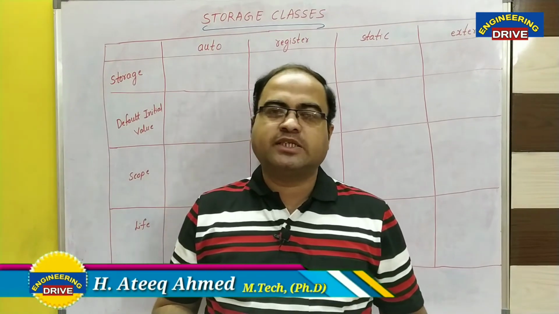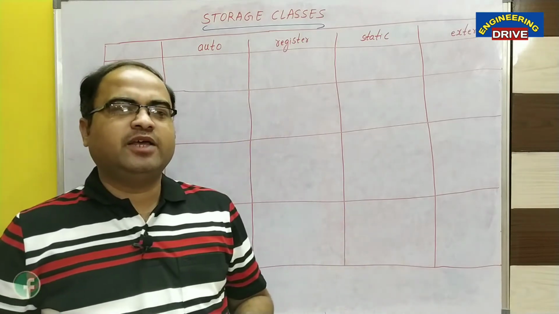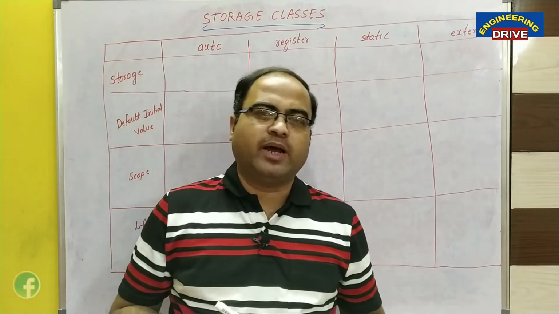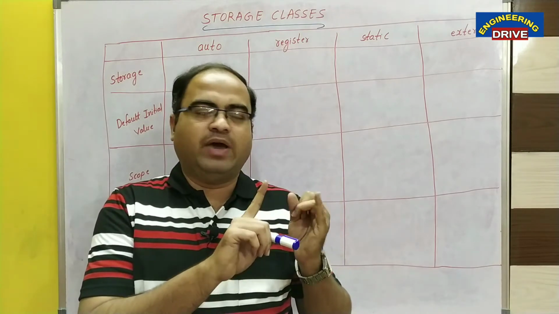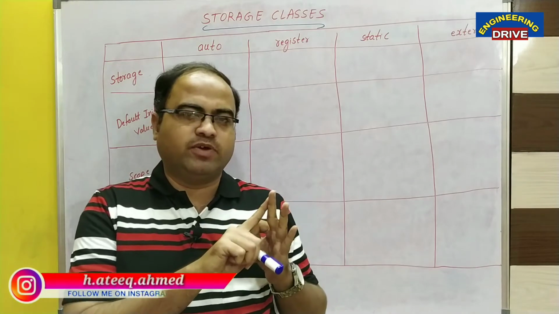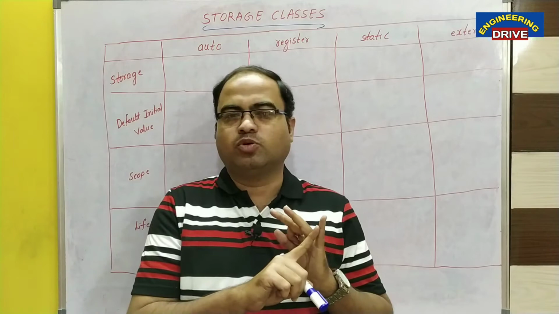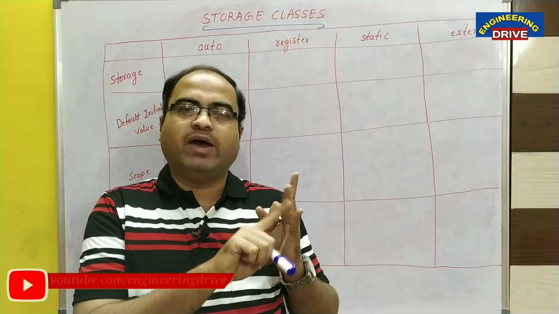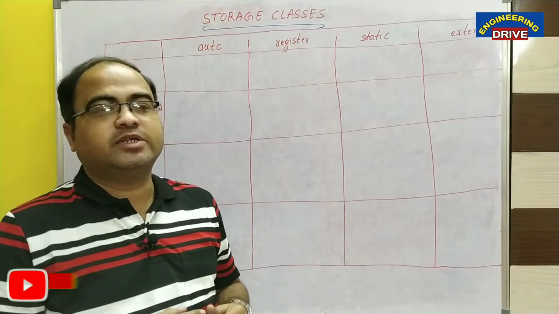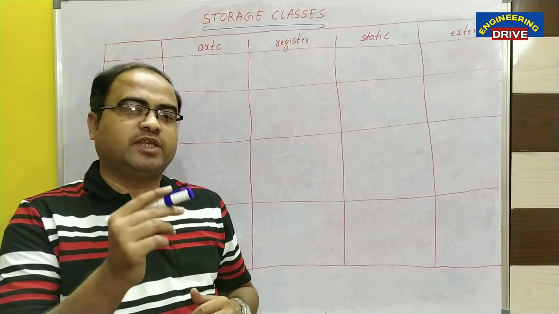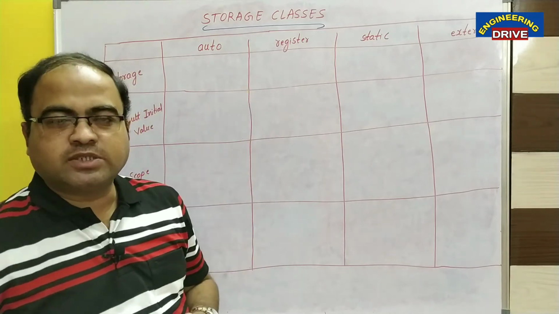Today I am going to discuss storage classes. Dear students, generally we know that a variable in our C program will have only three things: name of the variable, value of the variable and address of the variable. Generally we think that a variable will have these three attributes only. Other than those three attributes, there is other information that is associated with a variable in our C program. Storage classes will give those answers.